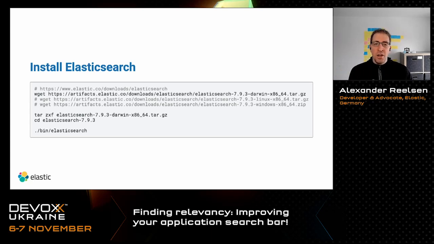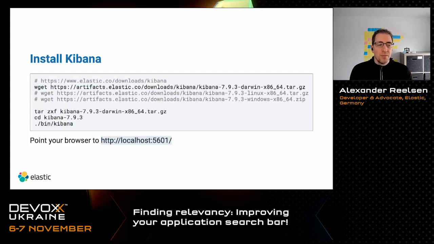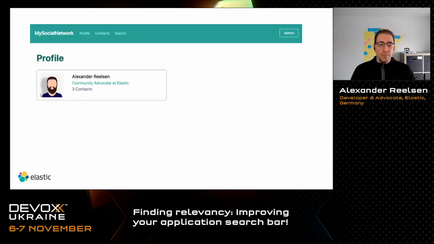You don't need to install anything else. Elasticsearch ships with a JDK so that you don't have to have any external dependency. It's really just downloading the artifact for your operating system, and that's it. The same applies to Kibana. You don't really need Kibana to get the application up and running, but Kibana is the kind of management and monitoring tool that we will also use to just get an overview of how things are basically working.